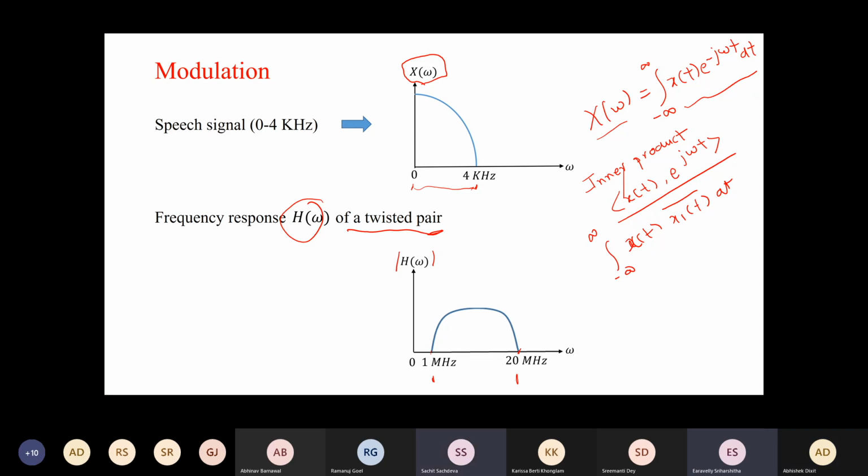Yes, sir. So actually we are taking the inner product of x(t) with e to the power minus j omega t. Why I'm saying this with caution is because this is not an energy signal. That is the problem. The energy of this is infinity. When I defined the inner product space, I said that the two signals have to be energy signals. Okay. But you believe me that this is also a valid inner product operation, because X(omega) is always bounded